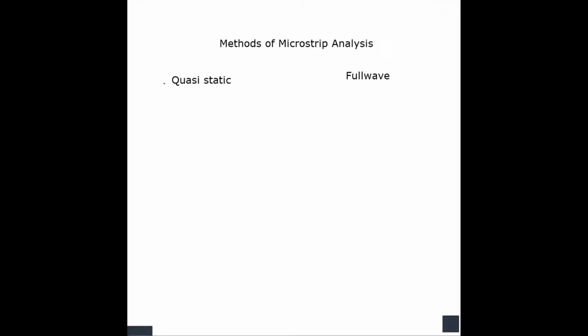In today's lecture, we will discuss the microstrip line design equations, and by taking a practical example, we will design the microstrip line, and we will also simulate that microstrip line in HFSS. The purpose of analysis of microstrip line or any other transmission line is to determine the characteristic impedance and propagation constant, that is phase velocity and attenuation constant of microstrip line.